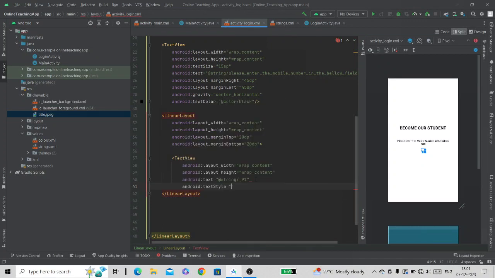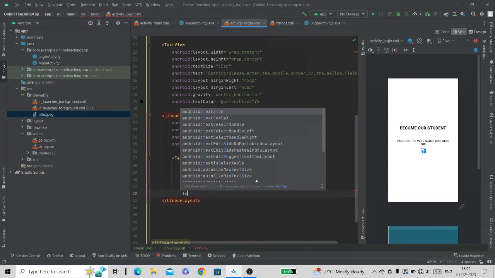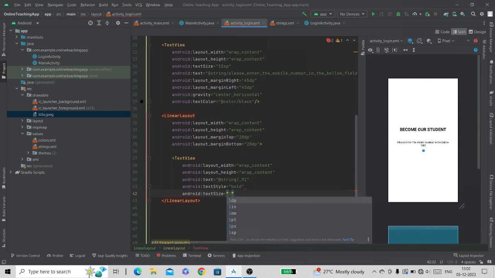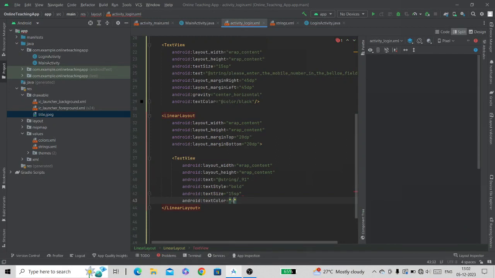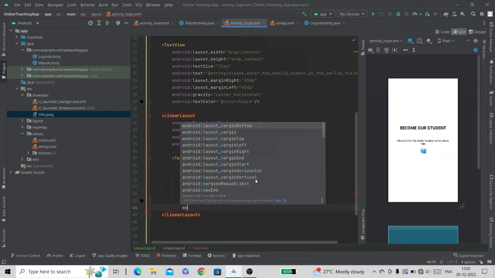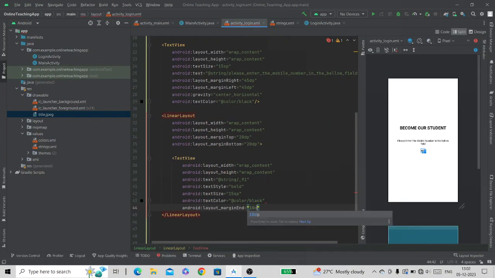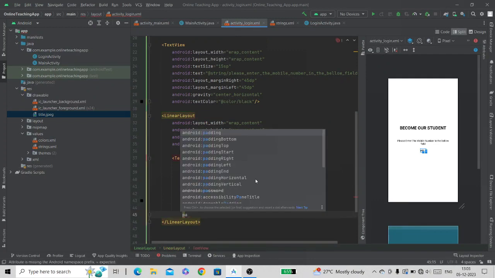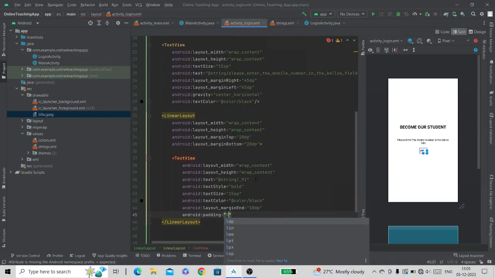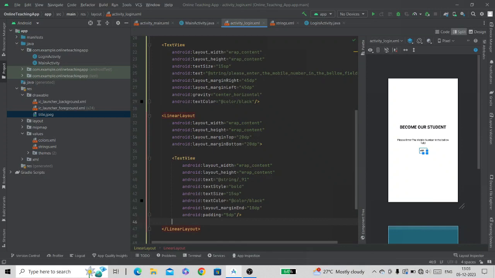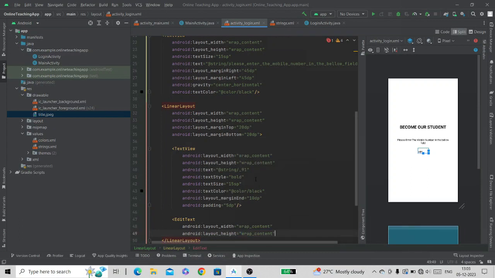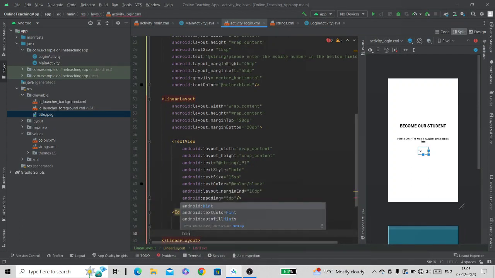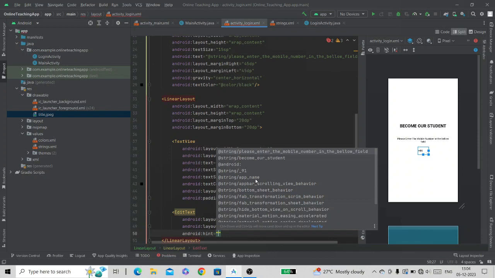Text style bold, text size 15 sp, text color black, margin end 10 dp, padding 5 dp. Close the text view. Now add the edit text. Width wrap content, height wrap content, hint. We'll give the hint enter number.